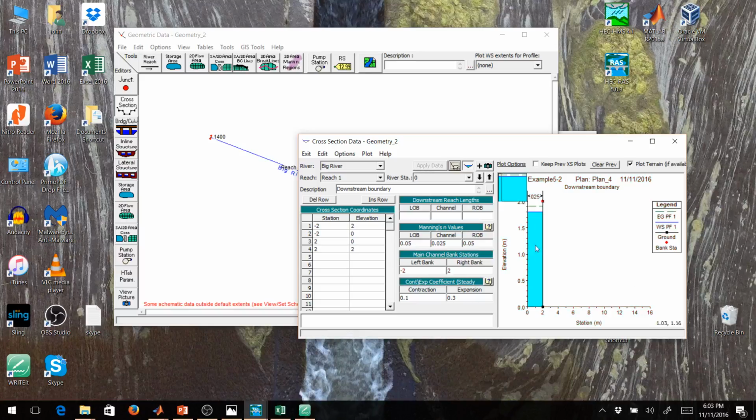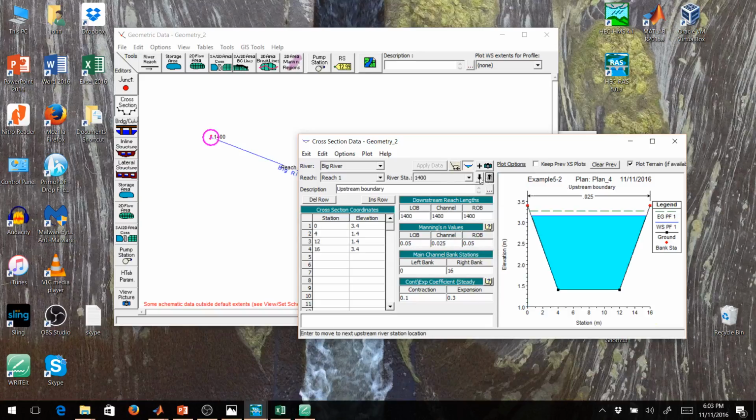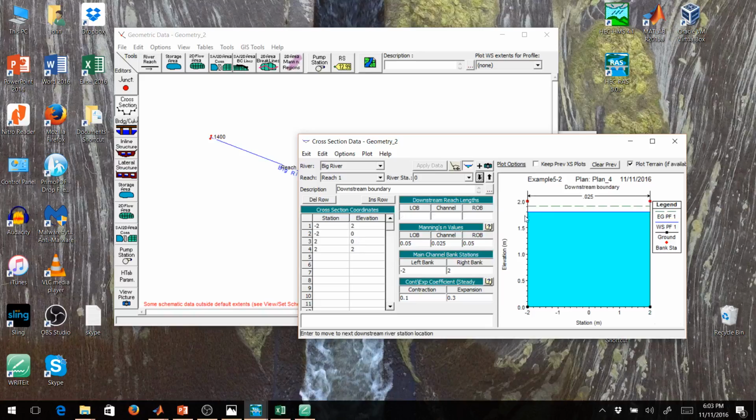Okay. Manning's n remains the same. That's the only thing we have to do. And I'm going to quickly go up and come back so that I can see. Now I've got a nice rectangular channel. It has a width from -2 to 2. The reason I'm using negative numbers is 0 is going to be my channel center line. This will make it easier to align my channel. Okay, and there's my Manning's n. My bank stations are there. Everything looks good. It's funny, it keeps the solution even though obviously the solution is not valid for this new